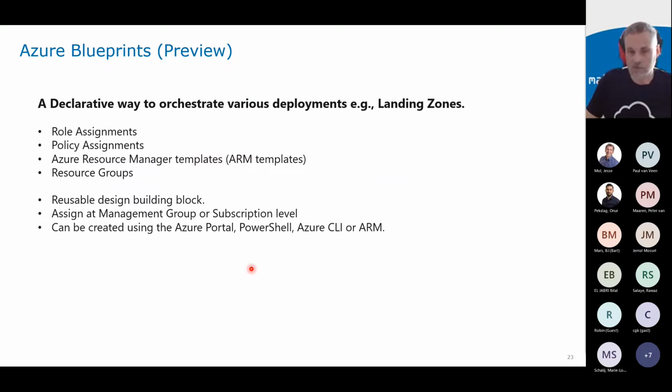Let me look at the time. I have a couple of slides left. So